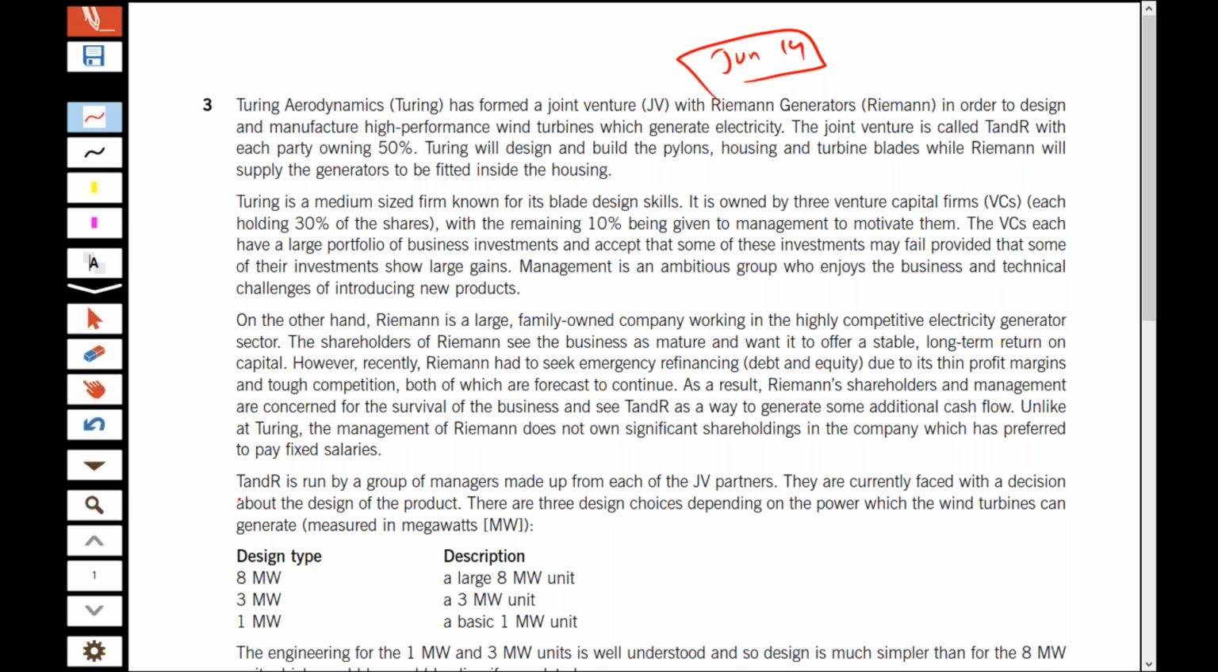So what exactly are the requirements of this question during aerodynamics? It says Turing has formed a joint venture. What does it say? It says Turing has formed a joint venture with Rayman generators in order to design and manufacture high performance